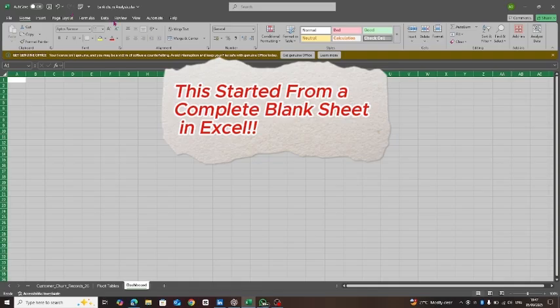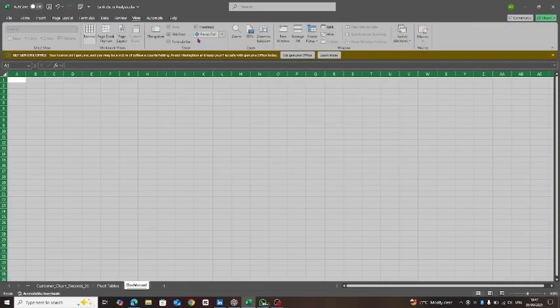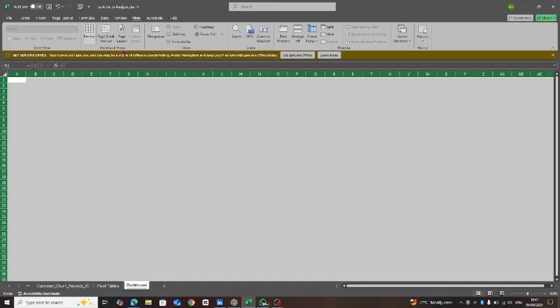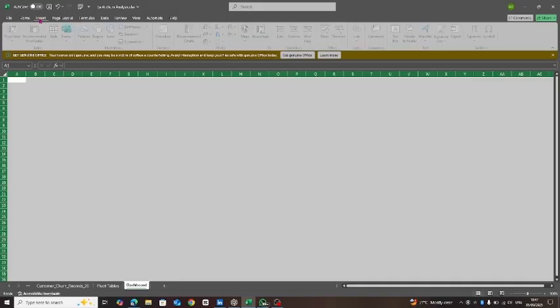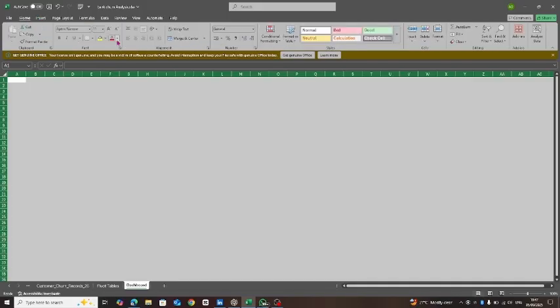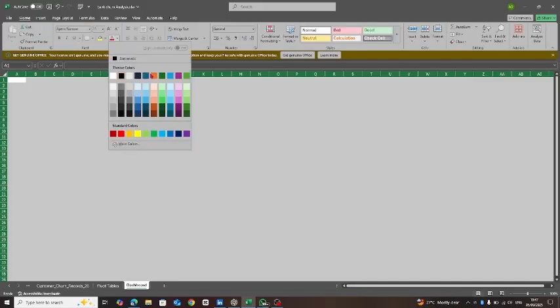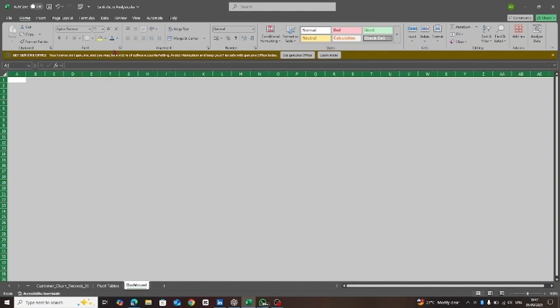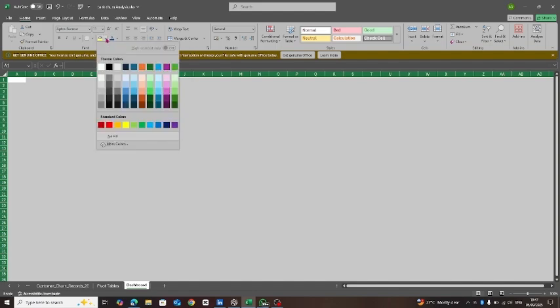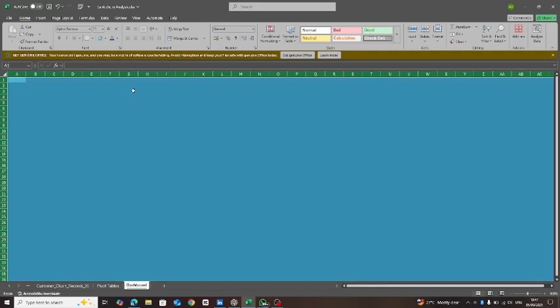First of all, I highlighted a new sheet in Excel and turned the gridlines off from the view. Then I highlighted the entire sheet again and went to Home to change the color to give it a new feel. I wasn't quite certain what feel to give it. I think I chose blue, and later I changed the color.